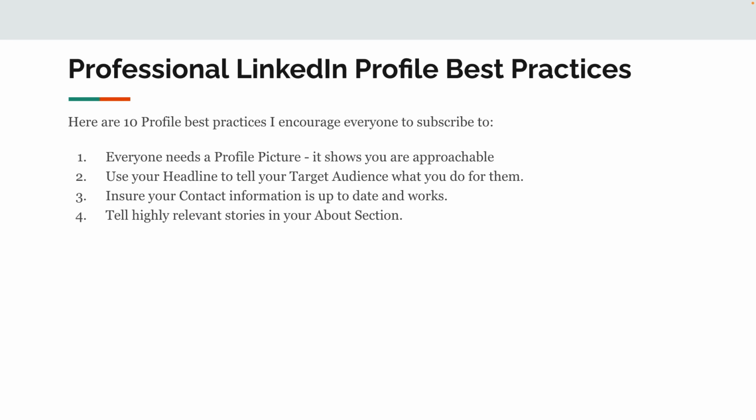And then when you're writing your about section, bullet point number 4, you write your about section and you start telling stories. Maybe you'll look at the primary keywords that resonate with your target audience and you'll write a story about each one. 2 or 3 sentences in each story, separated by a blank space. So I can see that story, want to read that story, and get pulled in to read it.